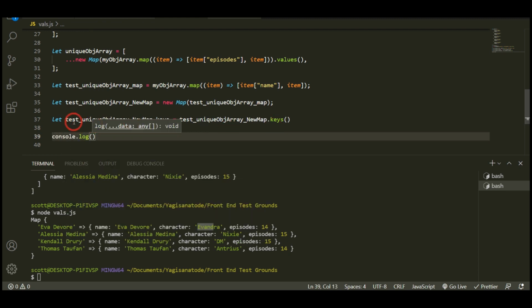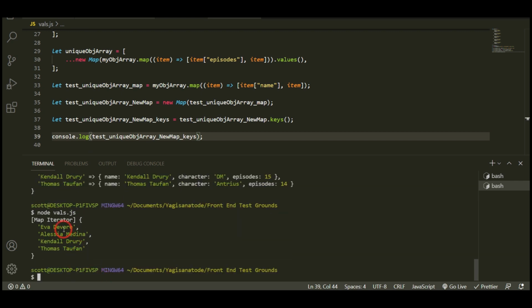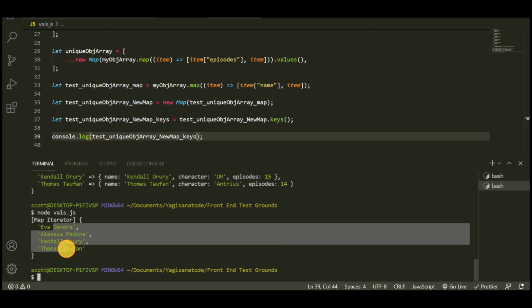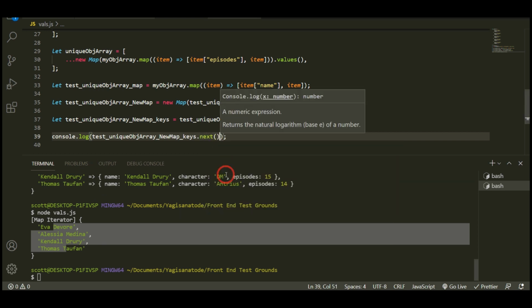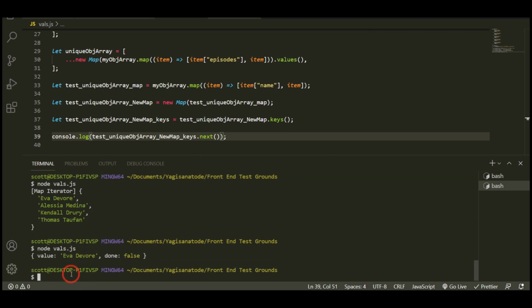And let's just grab this again, copy, and hit Control S to save. Let's go down and run it. And now you can see that we have a map iterator with our list of all our keys. And for example, I could say next here, and that will just get each one. So Eva Devore,